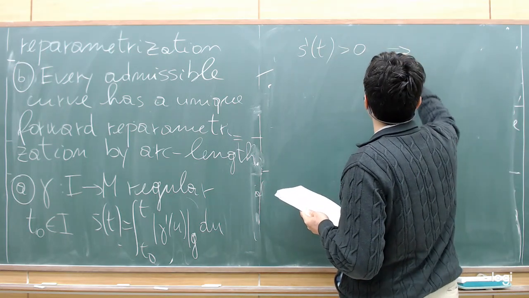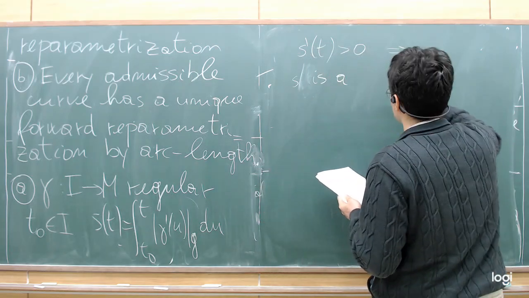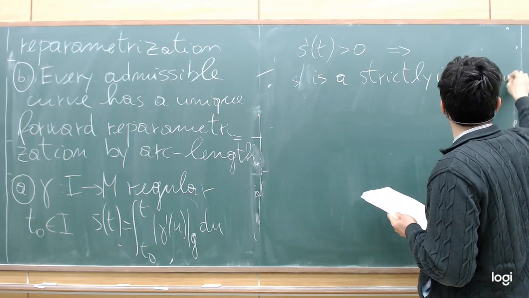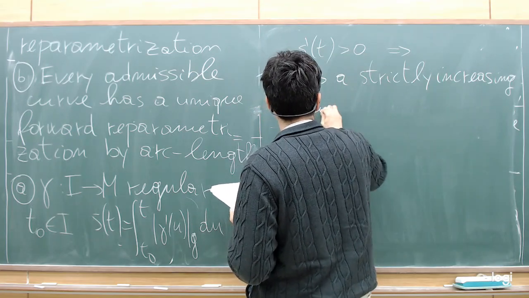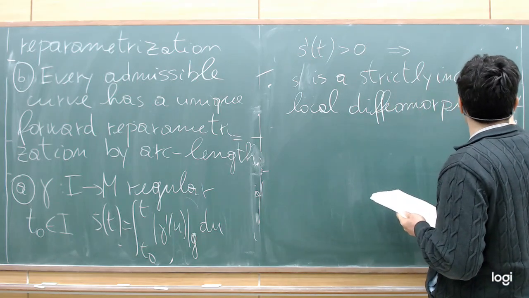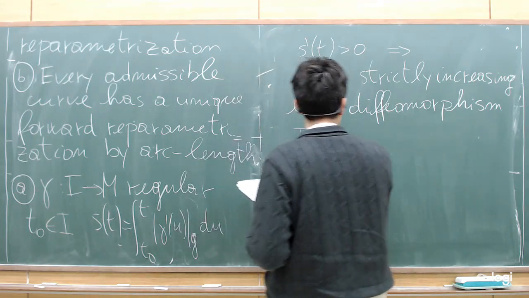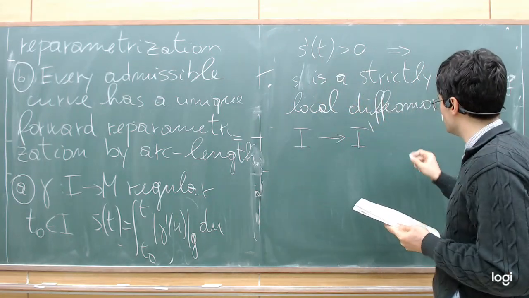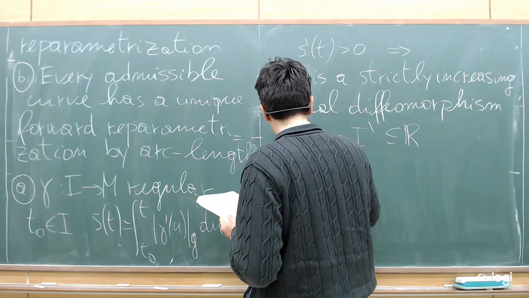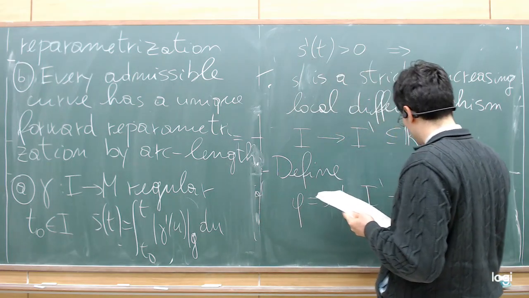So this says that S of t is a strictly increasing local diffeomorphism, so this means that I is sent onto another interval I prime contained in R. So we can define phi as S inverse from I prime into I,